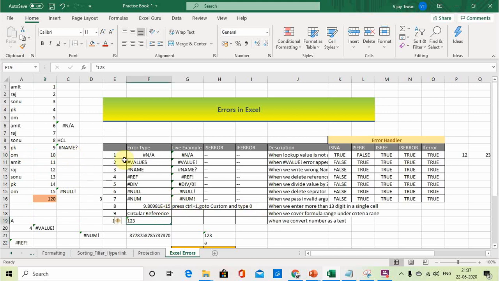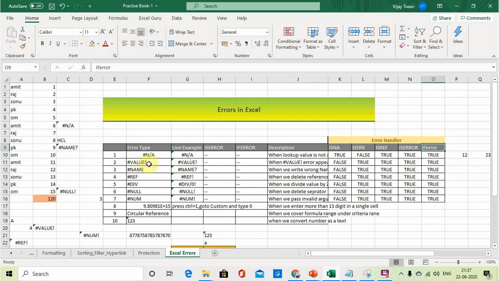Alright, so this is all about the errors, and these are the error handlers. First, ISNA was introduced in Excel, then ISERR, then ISREF. We will not go through all that, just giving the background of these error handlers. Then ISERROR came, and as of now the latest one is IFERROR.